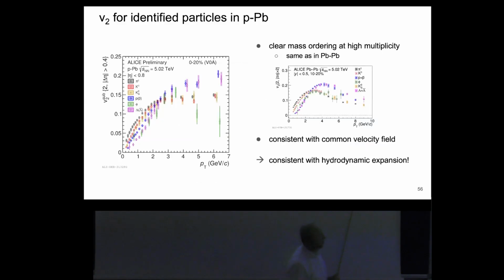And for instance, you can do the same exercise using identified particles. When you use identified particles, let's start from the lead data, you have a very characteristic behavior. Basically, at low transverse momentum, particles of different mass act in a different way, just because this is the result of having a common expansion velocity, which of course pushes particles with a higher mass further in PT. So you have a clear mass